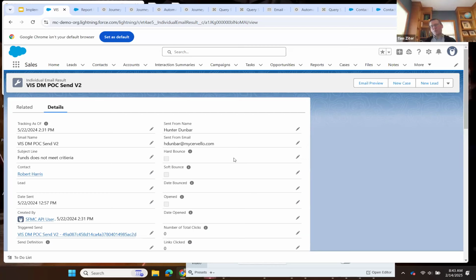So now what a salesperson can do is run a report for this email, and you can see for all of the sends which salesperson dropped them into the campaigns. How many did this salesperson drop into the campaigns? How many did this other salesperson drop into the campaigns itself? So once that data point is populated from Marketing Cloud into Salesforce, you can use it in reports to populate all that. I kind of wanted to run a sample report,